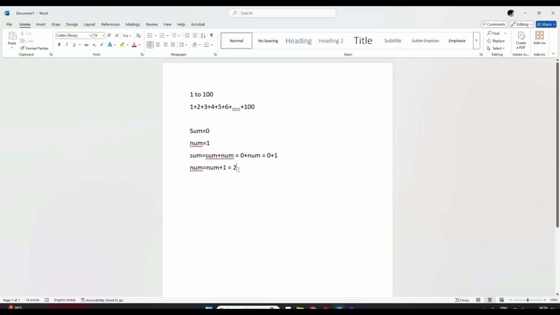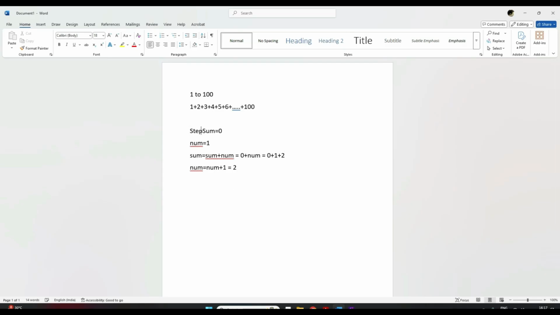So my flowchart will be this: I will check, then I'll go up. Now once my num becomes 2, the second number of the series, I'll go back to this line again. Here again I will do sum plus num. Now what is sum here, you tell me? I'm not going to this line again, so this is not executed. Here my sum will be 0 plus 1, from the last time. Now I add num to it. Num is 2. So this becomes 0 plus 1 plus 2 now. Correct? Now again it came down to this line. See, these are the line numbers.